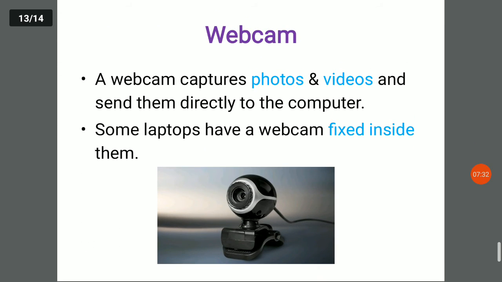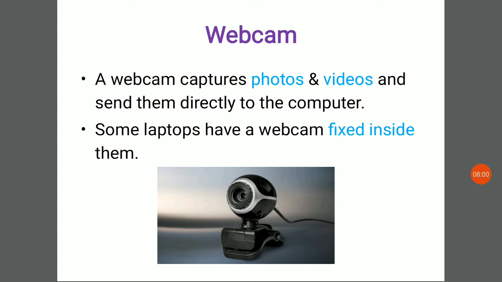Now webcam. We all have seen webcam. A webcam captures photos and videos and sends them directly to the computer. Some laptops have webcam fixed inside them. Fine. The working of webcam is taking photo and video and sending directly to the computer.